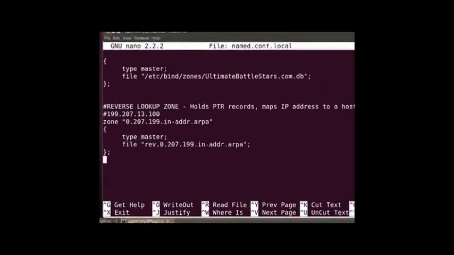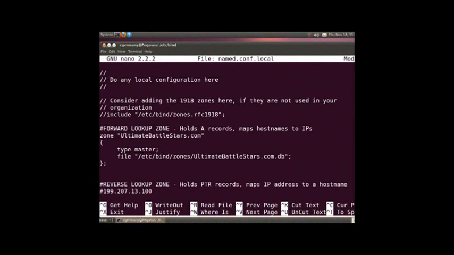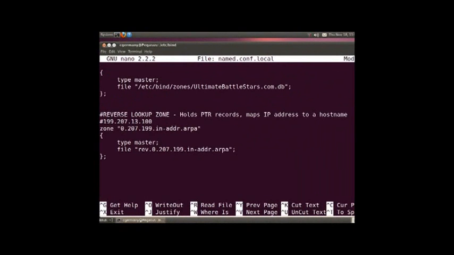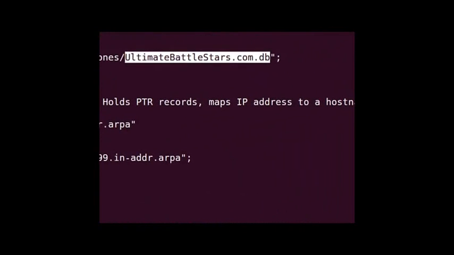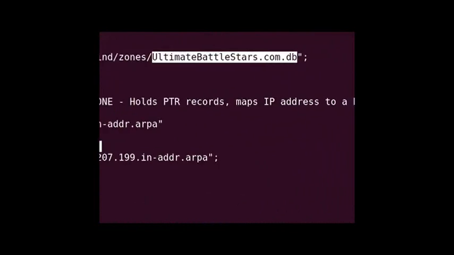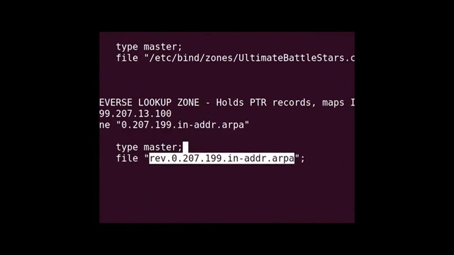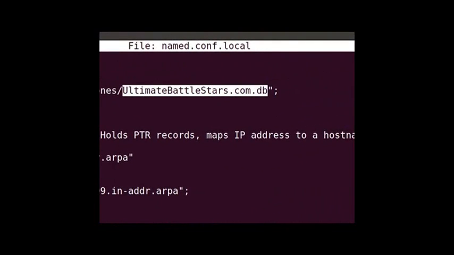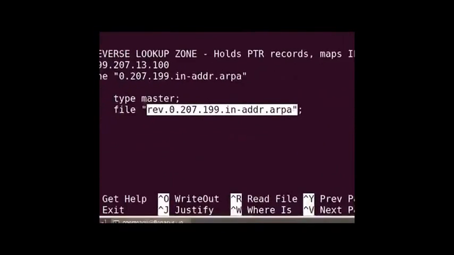Okay, and so there we have our configuration file set up, and now what's left to do is we need to go in and create these two files, our forward lookup zone database file and our reverse lookup zone database file. Into this file we will place our A records, and into this file we will place our pointer records, or PTR